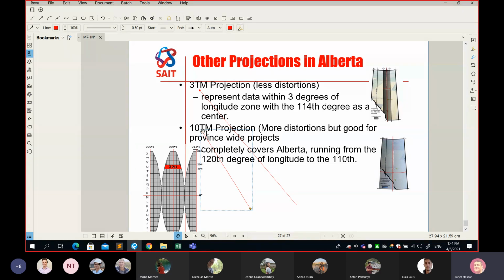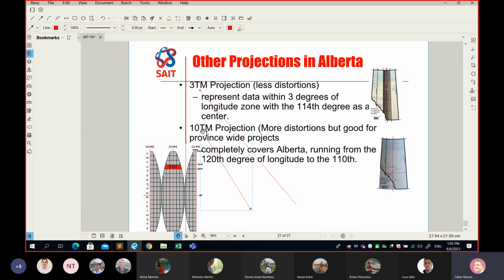UTM, because it's wider, it means more away from the central meridian. So UTM will have more distortion. As I wrote on my slide, 3TM will have less distortion because the zone is 3 degrees. This makes sense, because ultimately we're looking for a minimum amount of